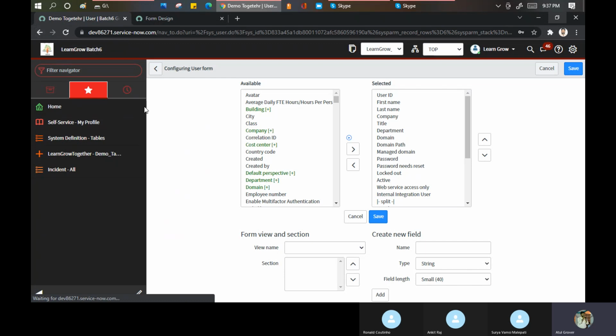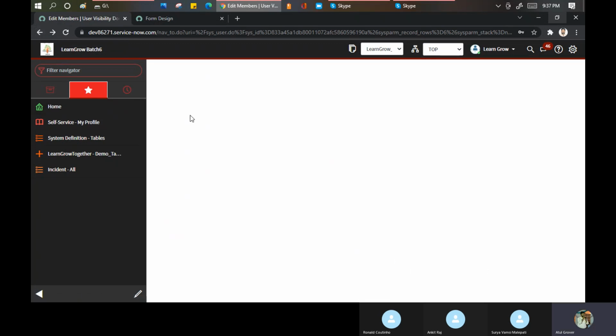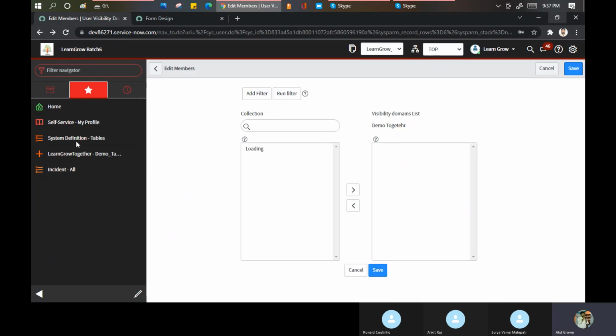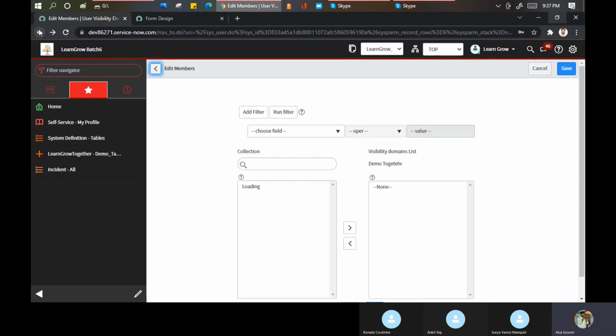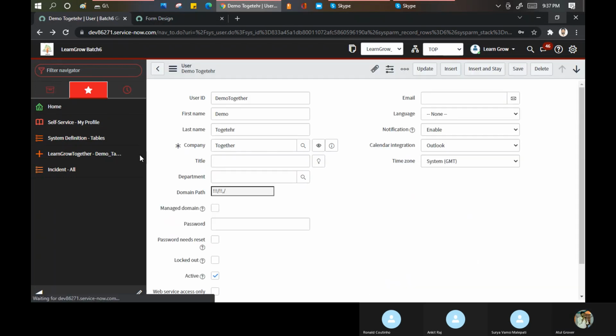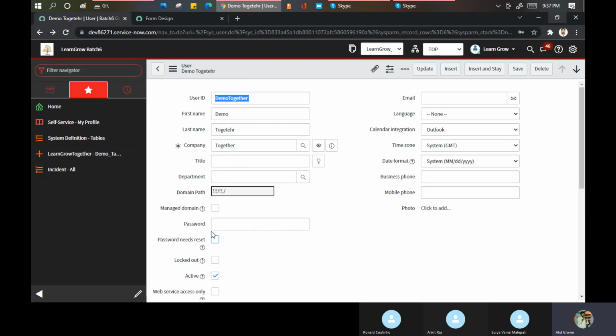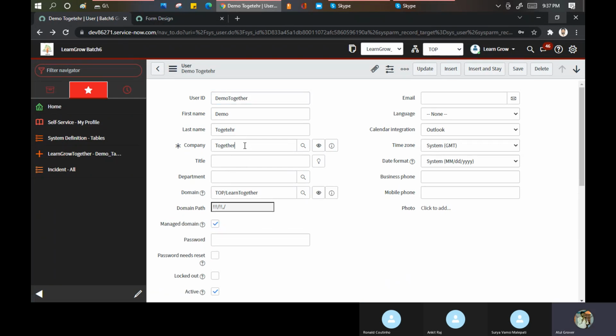Let me go back. For this user, company is together and domain is the learn together. You can change this domain if you want.